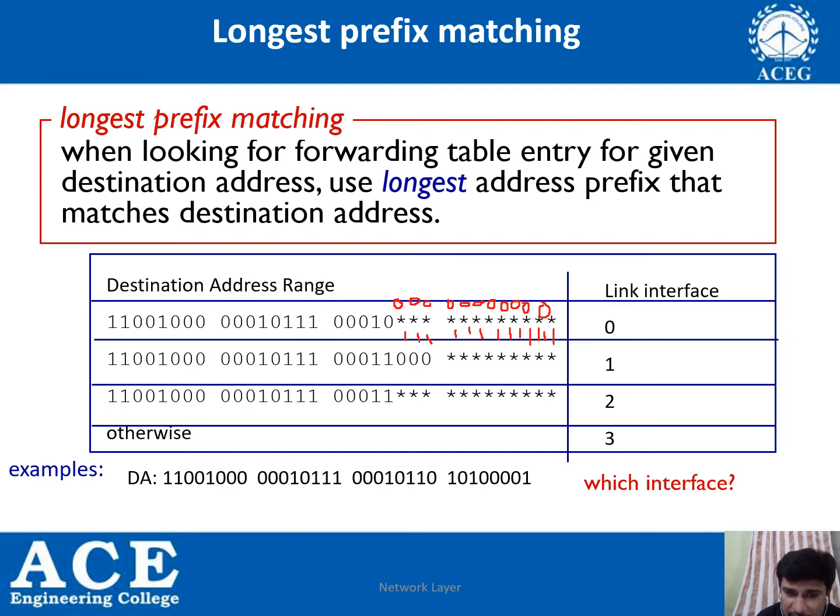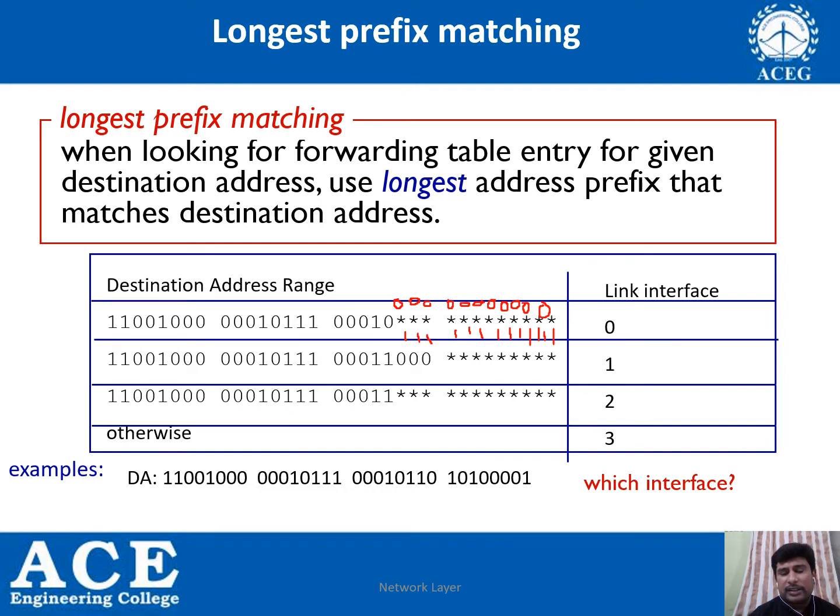So among the three cases, not only 20 bits, the 21st bit is also common for link interface 0 and the destination address. And you can find this particular part 110.101.0.0.0.1 can be a part of this particular case. So out of these 4, which is the interface from which the following datagram will be